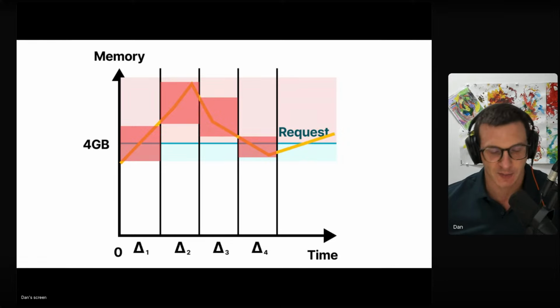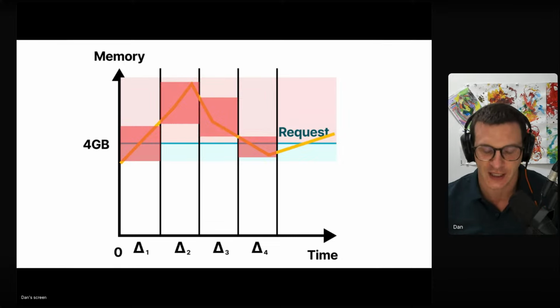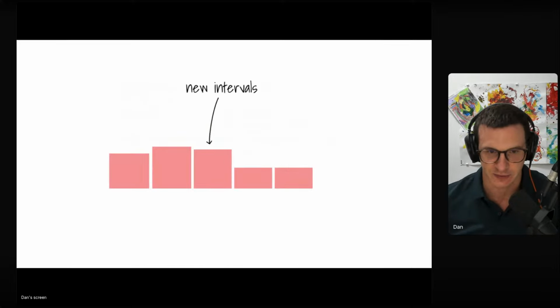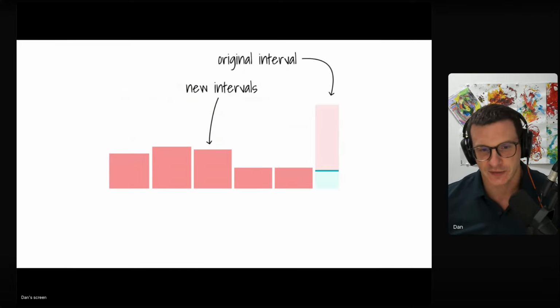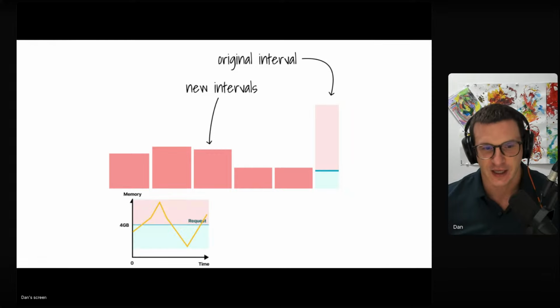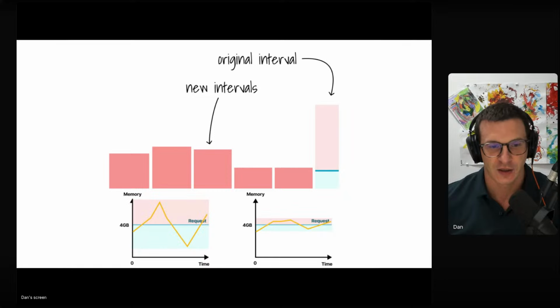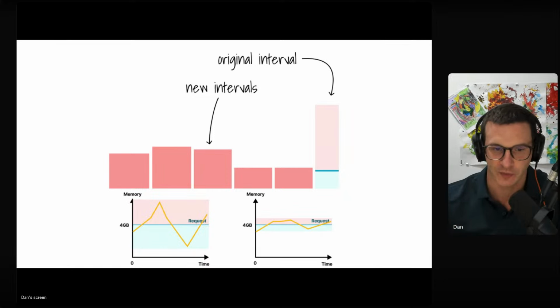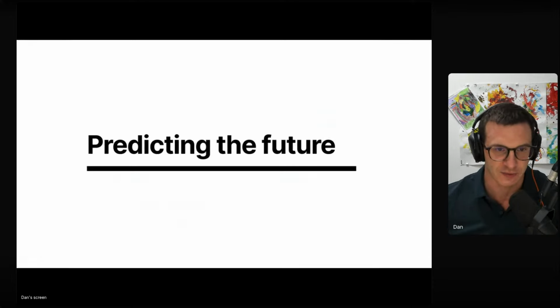And for each period, I can basically define the max request and the min request. Then if you were to imagine setting the request for each period, it would be the average of the max and the min, and it would be a very, very narrow interval. So basically, the new intervals are very narrow, and I'm solving the problem of going from a huge variation to a very narrow and small variation, just by doing this trick of dividing everything into intervals.